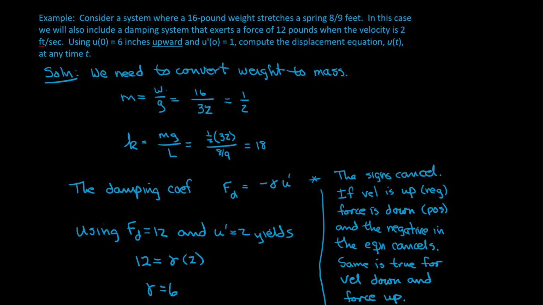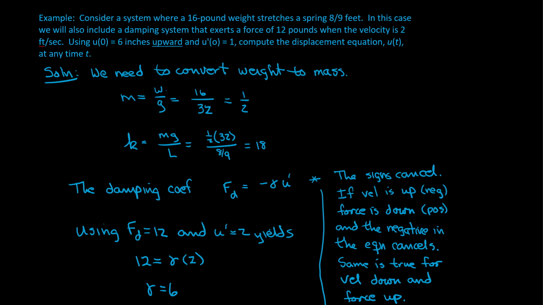We're going to need to, as we've done in earlier cases in the first video, first convert our weight to mass. Recall that the mass is equal to the weight divided by gravity. The weight is 16 pounds. The gravitational constant is 32 feet per second squared, which I'm going to skip the units for right now, is going